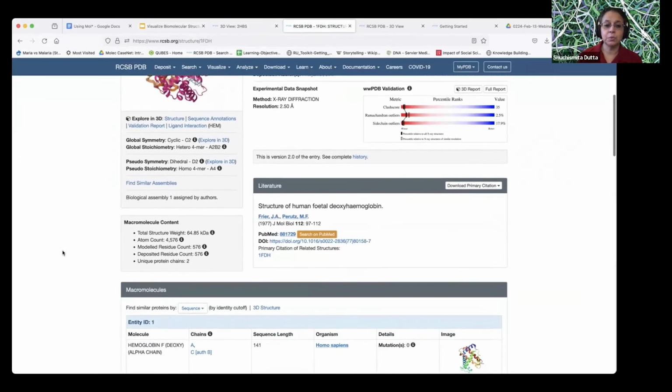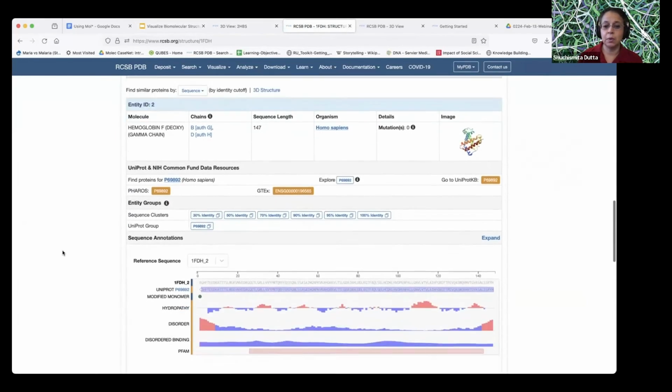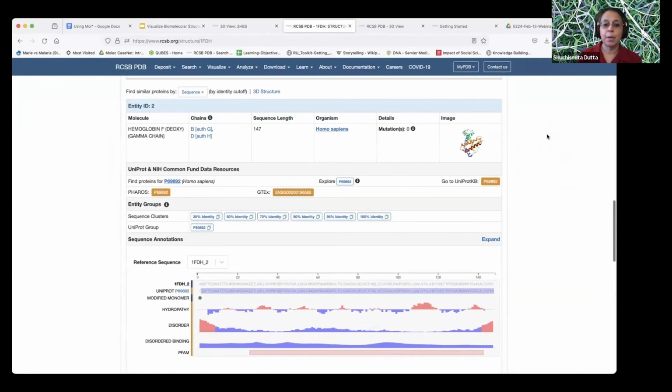And I wanted you to note that as we scroll down, in the small molecule section, we saw how we can jump from this page to the MolStar. But I wanted to show you also the possibility of looking at other structures in the PDB that have the same chain. So the difference between adult and fetal hemoglobin is the presence of this gamma chain versus the beta chain in adult. And so this gamma chain, I wanted to see what other structures are there in the PDB with this